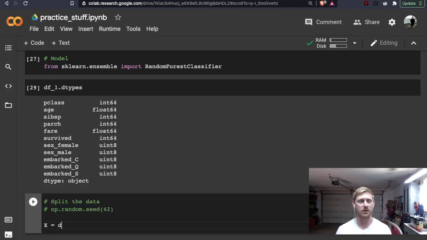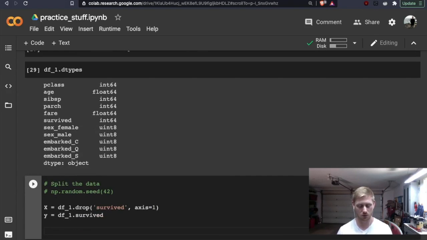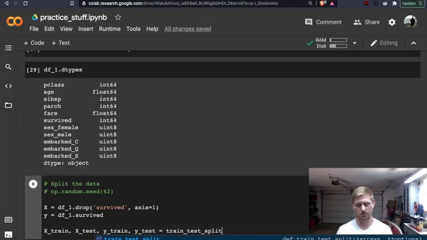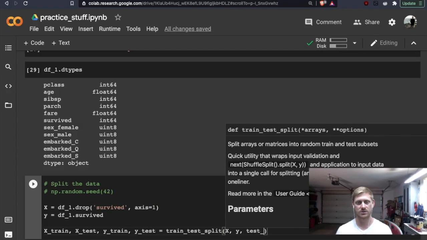So X will equal df1.drop, and that'll be our survived column, with axis equal to 1. Then y will equal df1.survived, because our y is what we're aiming for. Then we'll split the data: X_train, X_test, y_train, y_test equals train_test_split of X, y, with test_size equal to 0.2, right?